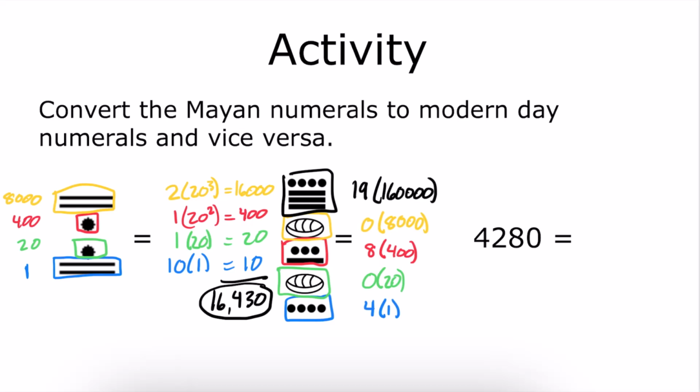160,000s, which if I multiply 19 times 160,000, I get 3040 with 4 more zeros after that. So that would be 30,400,000. And then 8,000s is just going to be 0. 8 400s is going to be 3,200. 20s would be 0. And 4 1s would be 4. And if you add all of that up together, you're going to get